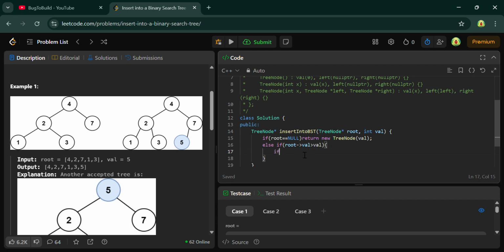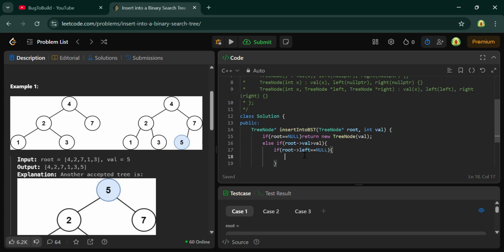Again you will check if root's left is equal to null. If it is null, then you just have to set root's left equal to a new tree node with val.